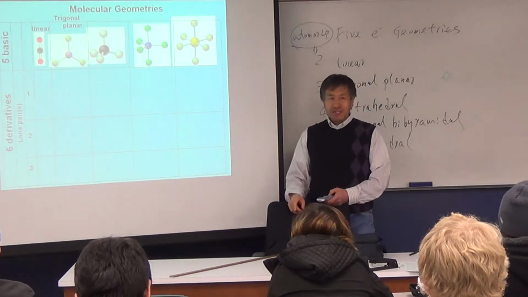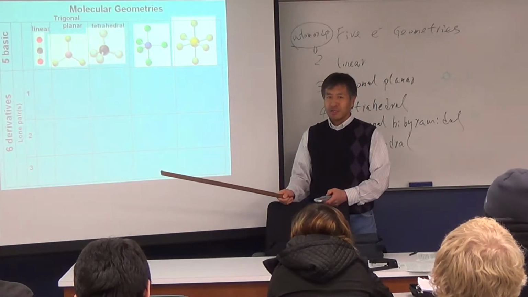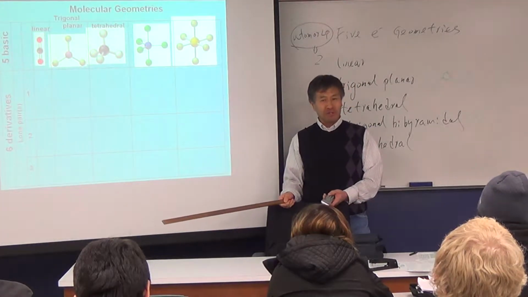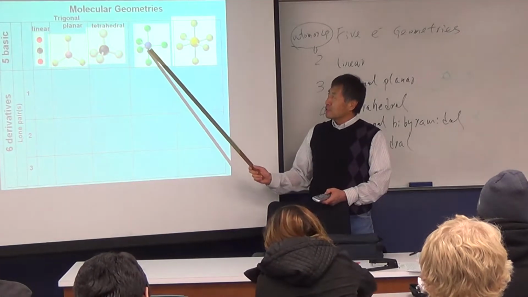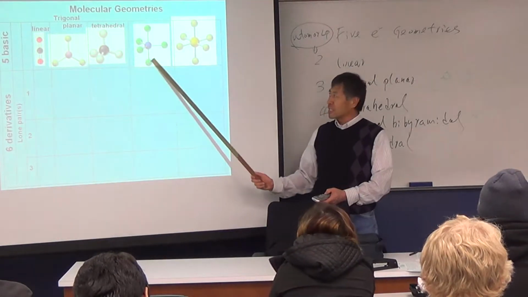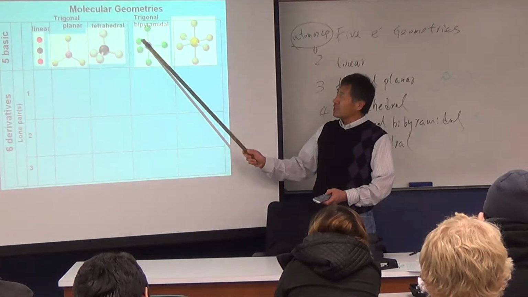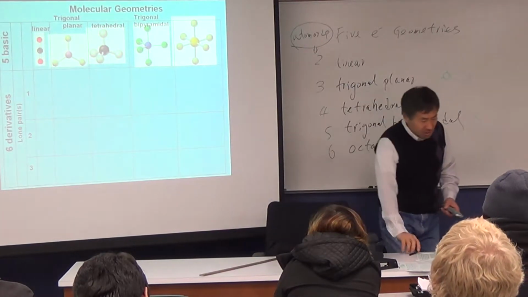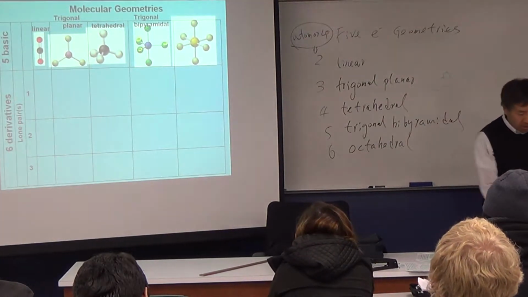And then this, number 3 here, is tetrahedral. Tetra, that's good, because tetra usually means 4. That means you have 4 groups on the center, and for this one, you have 5 groups on the center. So this is called trigonal. The trigonal comes from these 3 atoms. So this atom, this atom, this atom. You call them